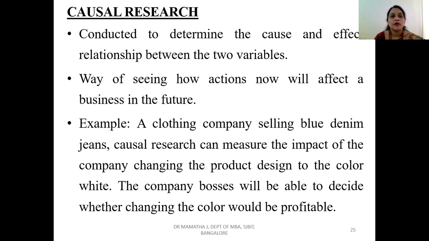So, you want to do a causal research. It says why it is happening so. So you want to experiment. When you're experimenting, you need at least a minimum of two variables because you want to identify what is cause and what is effect. Those two variables are the independent variable and the dependent variable, which we are going to discuss later